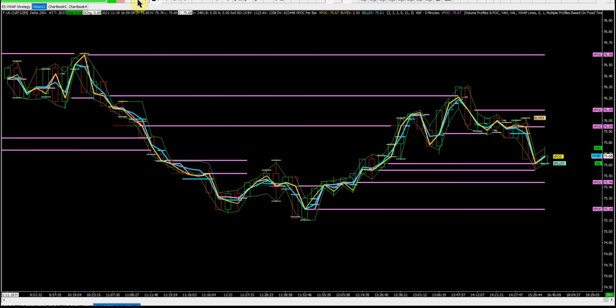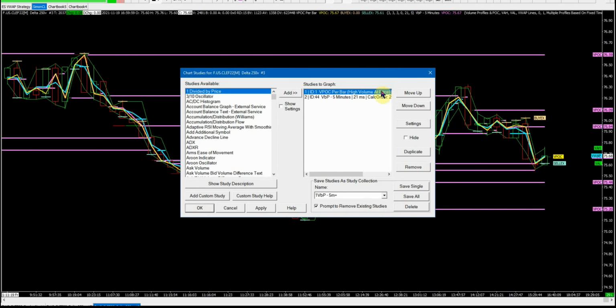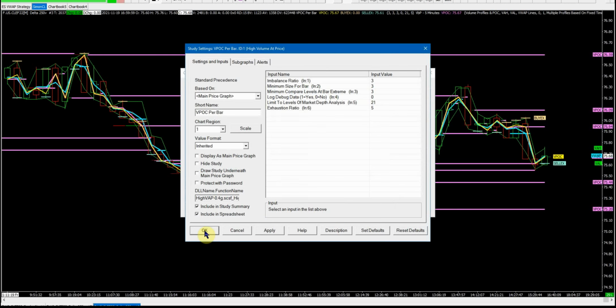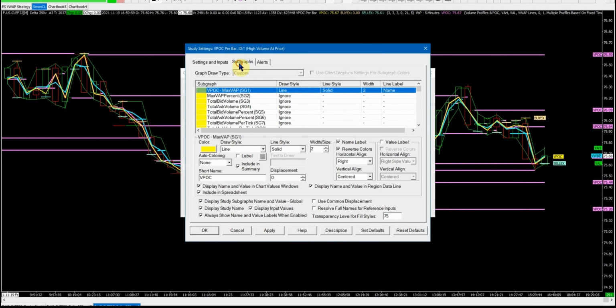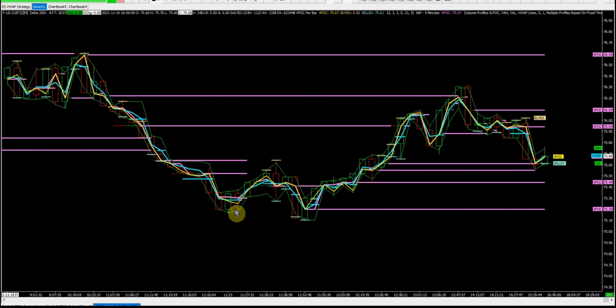This is VPOC bar. All this is my standard study, where all I've done is set everything else to ignore. I've got this set for VPOC, and I've got this set for buying and selling exhaustion. That's pretty much it. You can see the buying exhaustion and selling exhaustion ratios to see how strong those are. If you want to, you could put those on the chart somewhere just to watch them, or you can go through and say,